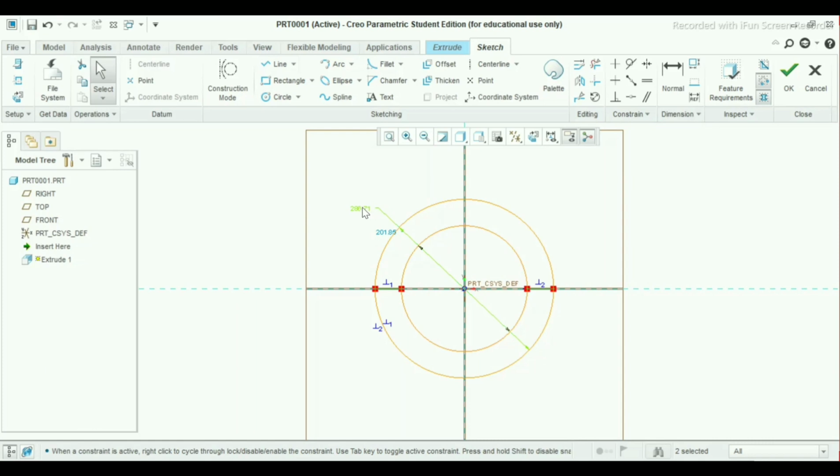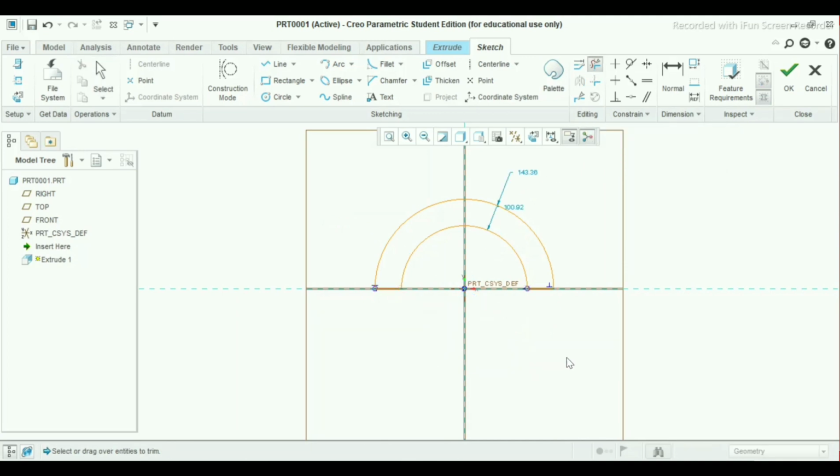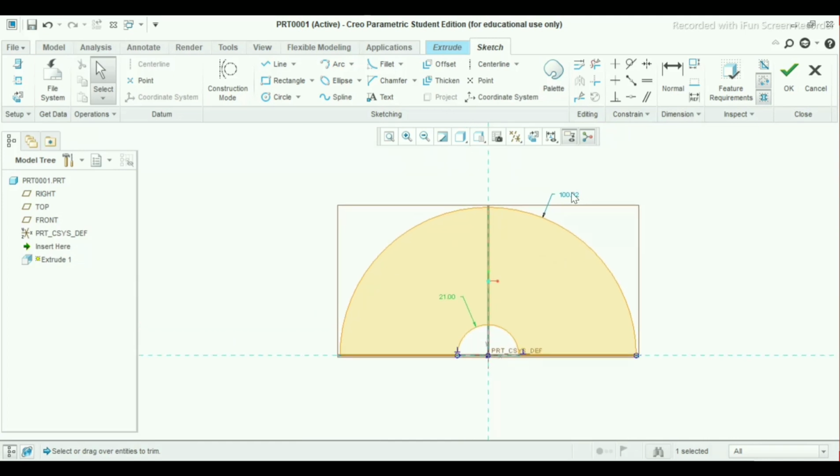Now we have exited our command. So now we have to trim this. Go here, delete segment. Delete these lines and arc. Press the middle button of the mouse. Now apply the radius, that is 21 mm, and here take 14 mm radius.